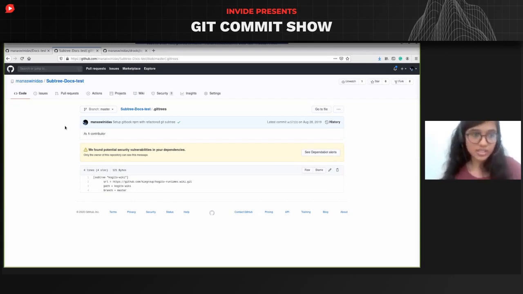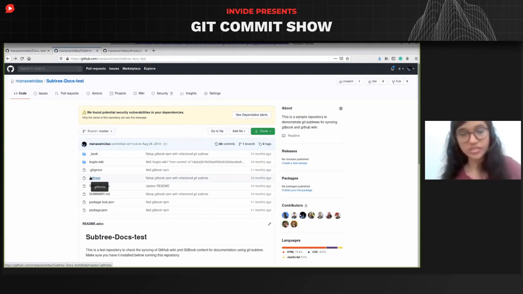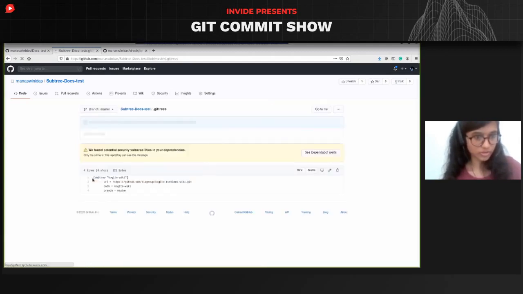Since these subtrees look like regular folders, it becomes really difficult to recognize whether this is a subtree or a normal subfolder or anything. So there's this Git Cogito wiki right here. Sorry, I just forgot to walk you through this. There's this subtree, this URL path similar to what we had in the .git modules config file. And then we had this branch.